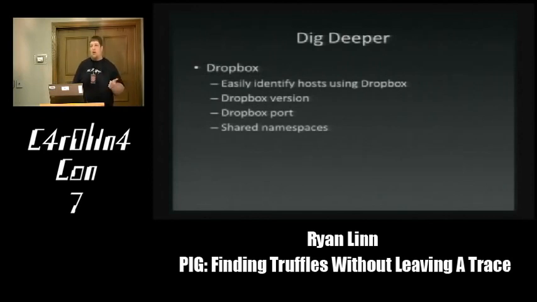you have access to their files. So there's a concept called privilege escalation in pen testing, where you get in at a certain level and then you look for the next level to elevate your privilege. And it's essentially an iterative process in order to get to whatever level you want. So Dropbox tells you what namespaces it's using. So say you see the CIO is using a namespace, and that same namespace is in use by someone who is running every protocol known to man. You can go ahead and say, since you guys are using the same namespace, I know you're going to be easier to hack. I can hack you and gain access to that same information that's on the CIO's computer.